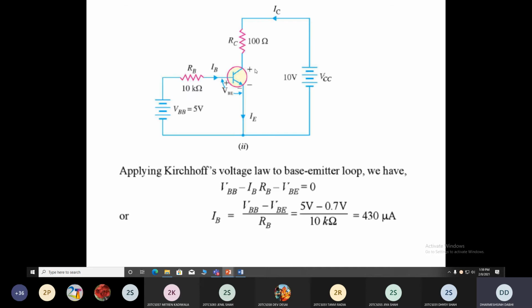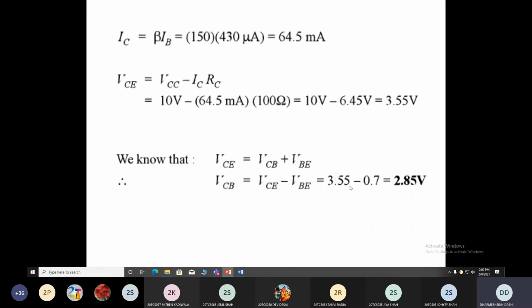Let's understand by this, from this figure, collector to emitter voltage, across these two terminals, is equal to what? Collector to base voltage plus base to emitter voltage. Base to emitter voltage, you know, for silicon it is 0.7. You need to find out this collector to base voltage. So that is equal to collector to emitter voltage minus base to emitter voltage. Clear? So we take this 3.55 collector to emitter voltage minus base to emitter voltage 0.7. So the answer is 2.85 volt. Understand all of you? Is there any doubt in this example?